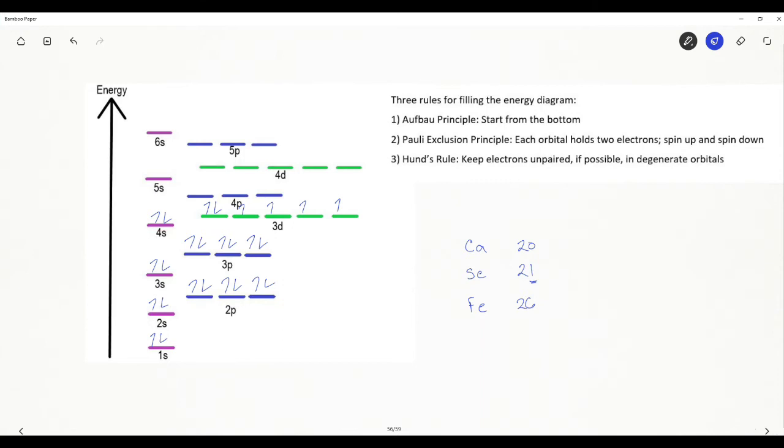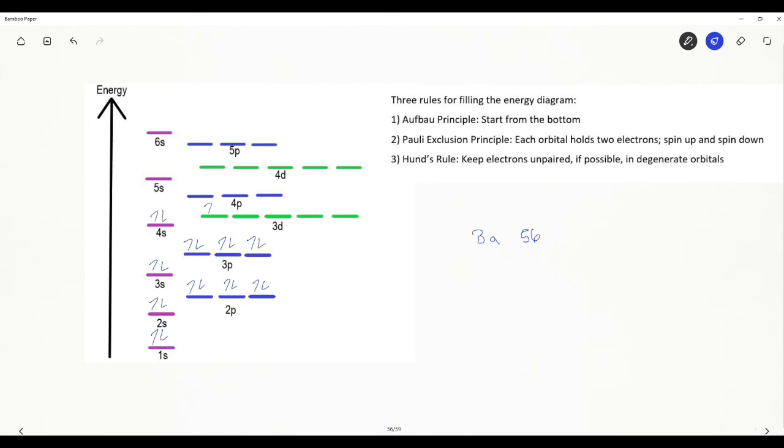Let's clear my diagram one more time and fill one more energy diagram. My last example that I'm going to do in this video is barium. Barium has 56 electrons. 1, 2, 3, 4, 5, 6, 7, 8, 9, 10, 11, 12, 13, 14, 15, 16, 17, 18,